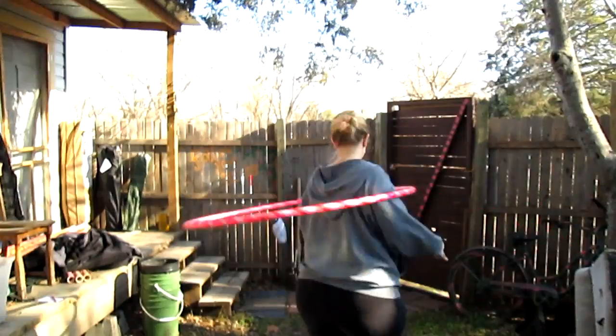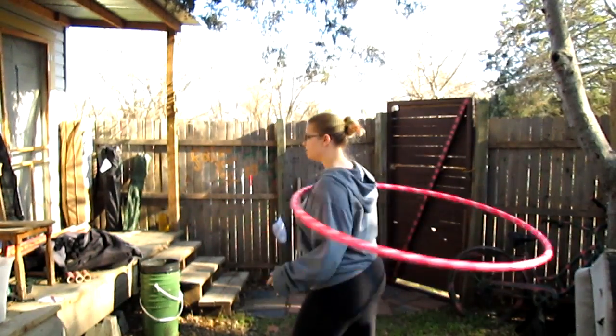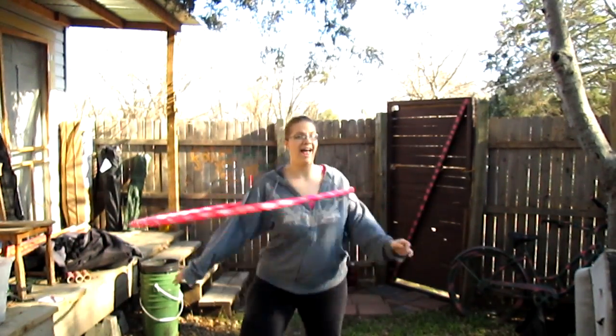Okay, it's time to talk about shoulder hooping. It's finally warm outside, but it's still a little chilly, so I've got my sweatshirt on. Shoulder hooping is easily my favorite way to hoop, but it takes a lot of work. It's one of the hardest things to learn, but ultimately one of the most rewarding because it gives you so